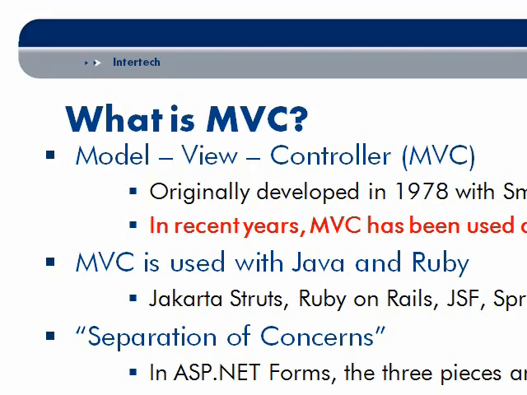MVC is a direct separation of concerns, where literally you will have a separate dedicated piece of code who's in charge of controlling the request as it comes in. You'll have a model who's in charge of getting access to the data and formulating the data for your actual application for its needs. And you'll have a view that's in charge entirely of just the view. Break all of these into separate pieces, if you will, into separate classes or even methods, or even separate .NET assemblies. Breaking it up actually makes it simpler to work on each of these three components.